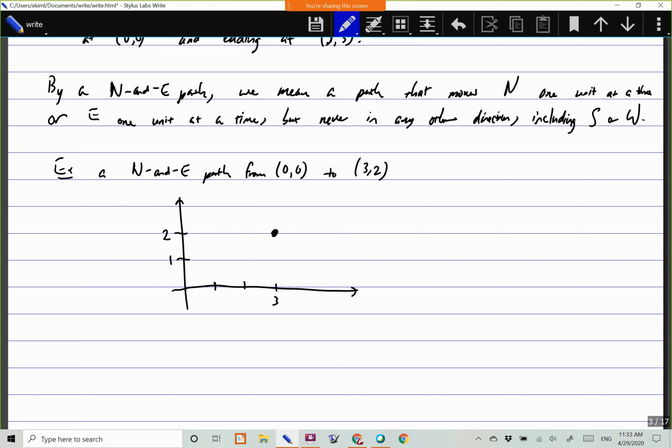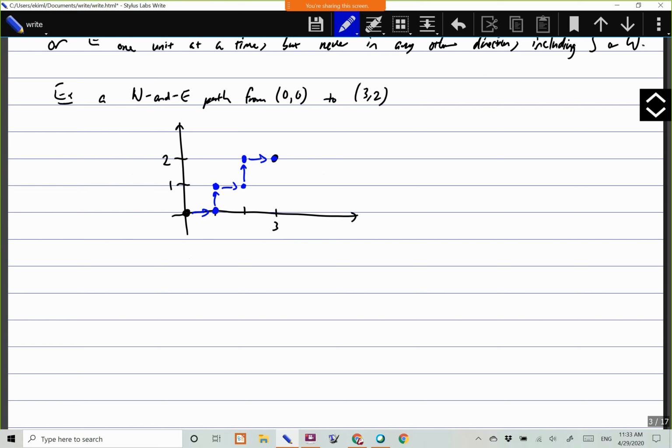And here's what I mean by a north and east path. So starting at the origin, you can move to the right 1 unit. That's an east move. Your second move could be a north movement, and your third move could be an east movement, and your fourth move could be a north movement, and your fifth move could be an east movement. That works. So this zigzaggy path is going to be considered one. Here's another